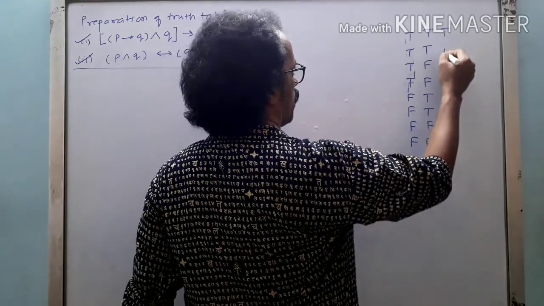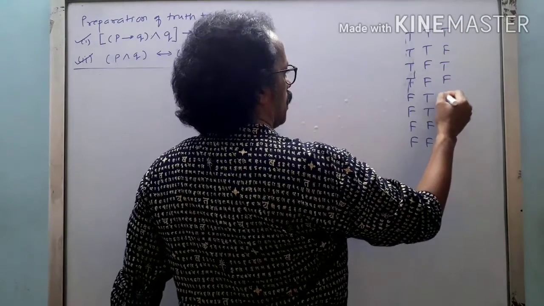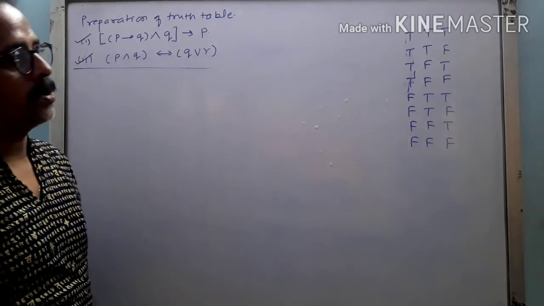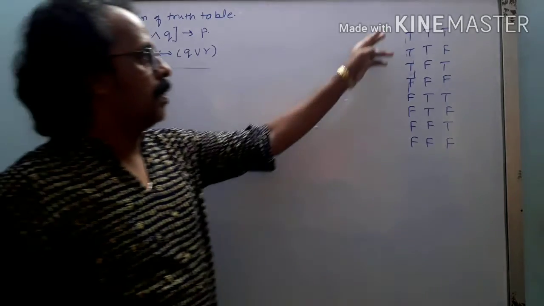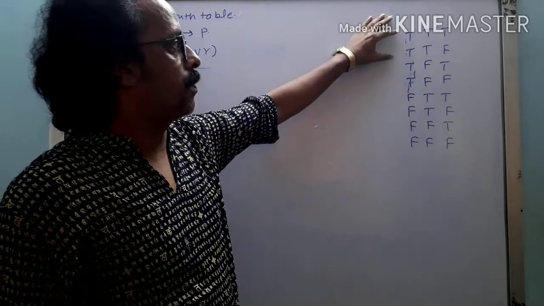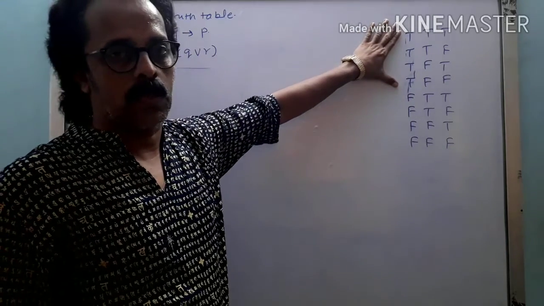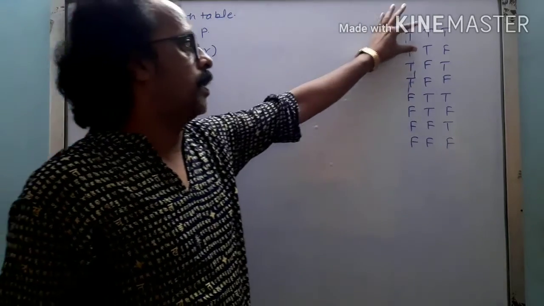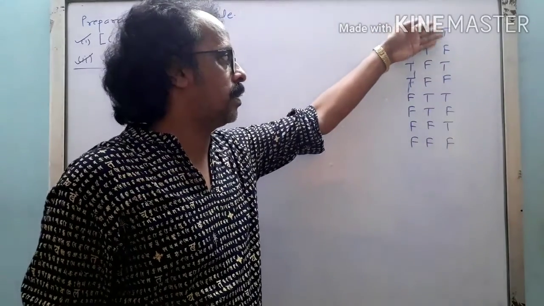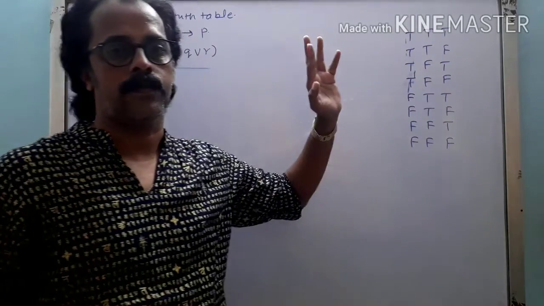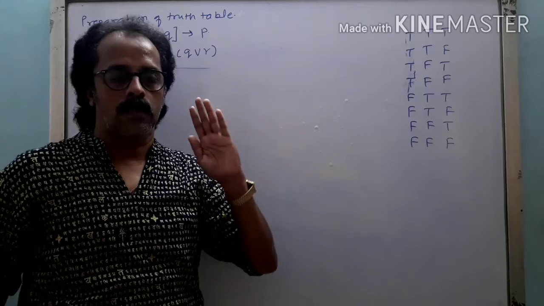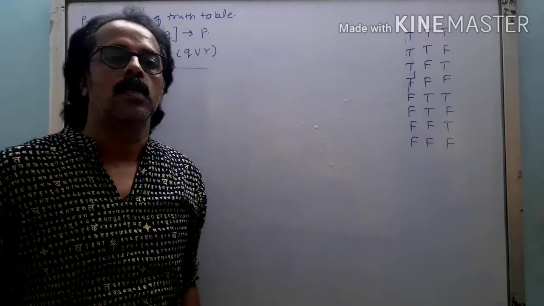Okay, and then 1. This is how our columns P, Q, R must be. If you observe, here are all the unique cases. What we started with: first we write 4T, then 4F, then 2T, 2F, 2T, 2F, and in the third column I have written TF, TF, TF, TF. This is a shortcut for how to remember it. Otherwise you don't have to learn all this. You just have to remember it this way.